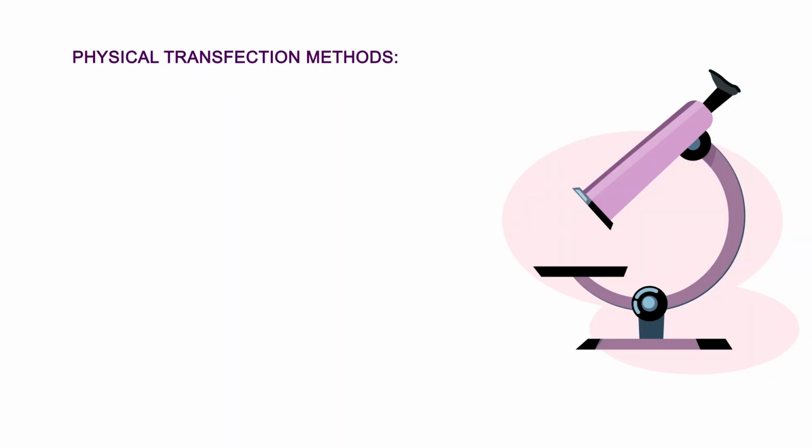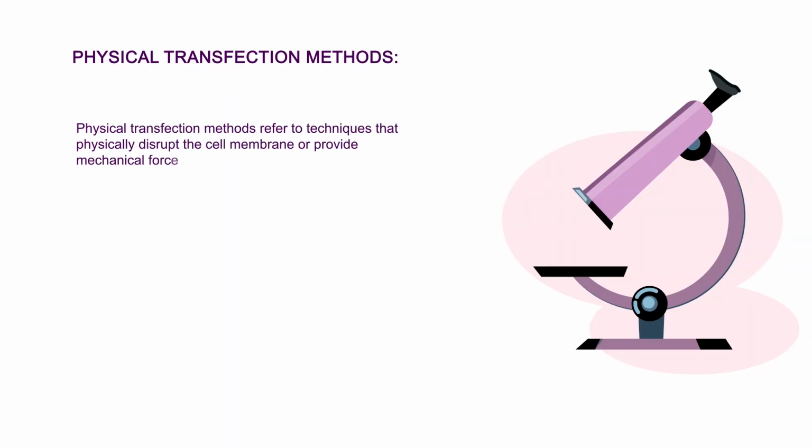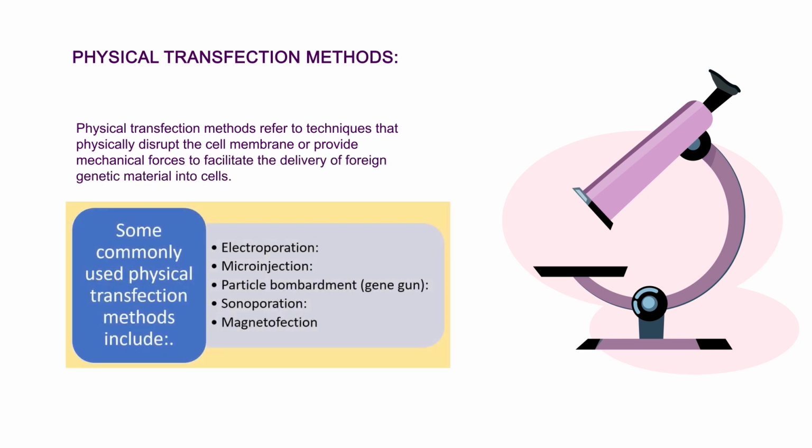The third category of transfection comes under the physical transfection method. Physical transfection methods refer to techniques that physically disrupt the cell's membrane or provide mechanical forces to facilitate the delivery of foreign genetic material into the cells. These methods are commonly used in molecular biology and genetic engineering experiments to introduce DNA, RNA or other molecules into target cells. Some commonly used physical transfection methods are electroporation, microinjection, particle bombardment method, sonoporation,